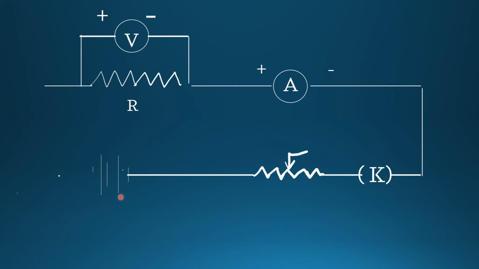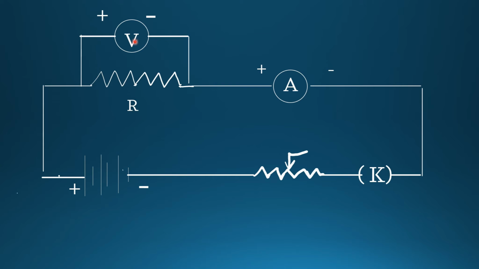Then the rheostat is connected to a number of cells connected in series, that is called a battery, and this is the symbol for the battery. The shorter line denotes the negative terminal and the longer line denotes the positive terminal of the battery. Then this is connected to the resistance through the connecting wires. This is the circuit diagram for Ohm's law.